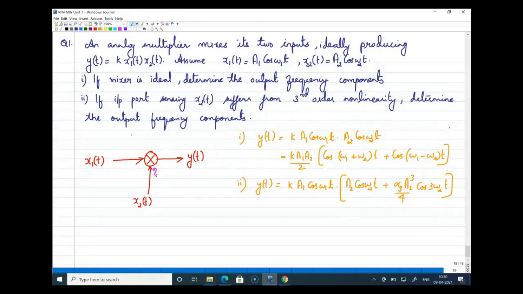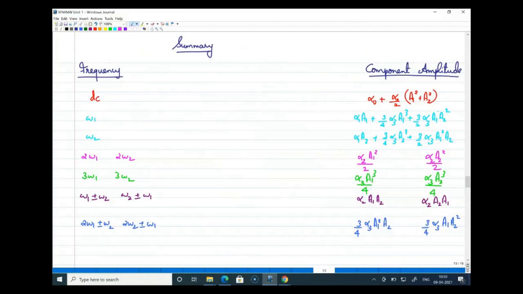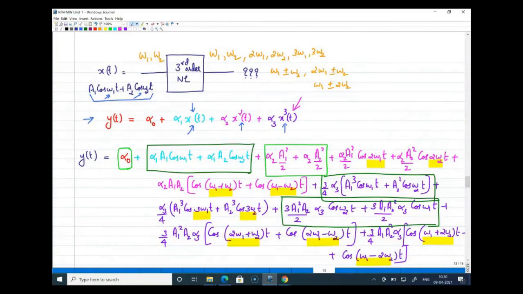She's referring to the two terms which we get when we split cos cube omega 2t. Oh, okay. So over here, can you see the first purple colored blocks? 3 by 4 alpha 3 a1 cube cos omega 1t plus. I think she's referring to this. Yes, sir, that component, 3 by 4 alpha 3 a1 cube. You are referring to this component? Then you're asking me where is this second term? Yes, sir, that term we didn't consider.